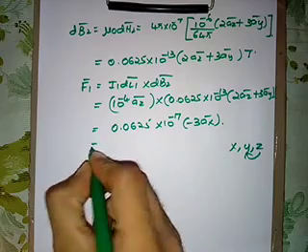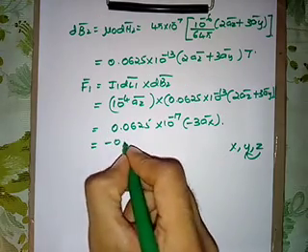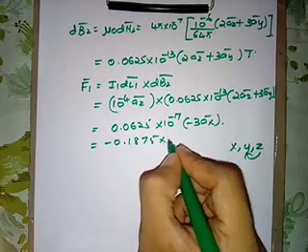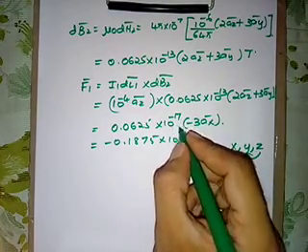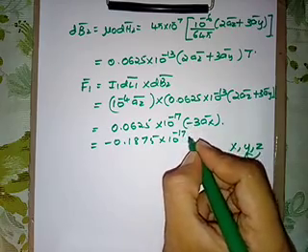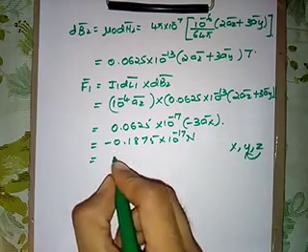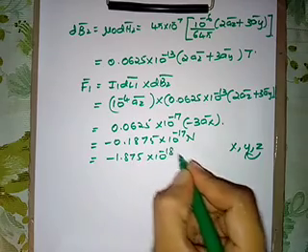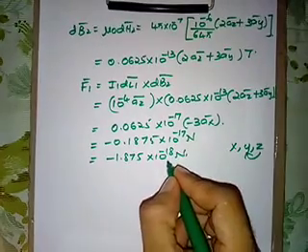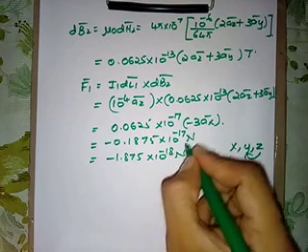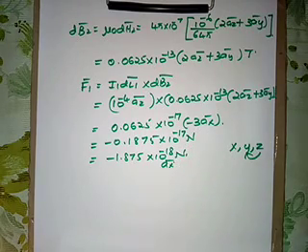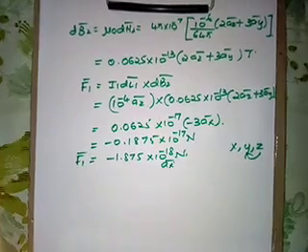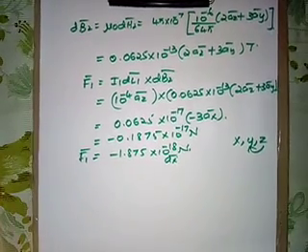On simplification we get minus 0.1875 into 10 raised to minus 17 newtons, or this is equal to minus 1.875 into 10 raised to minus 18 ax bar newtons. So the final answer is F1 bar is equal to minus 1.875 into 10 raised to minus 18 ax bar